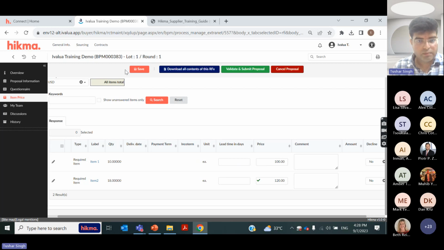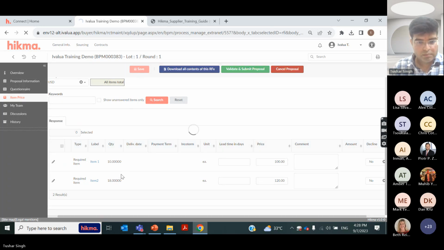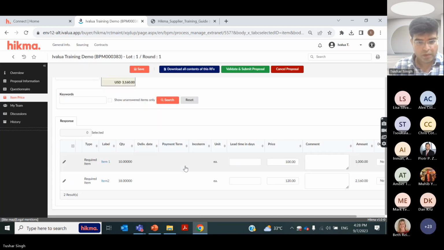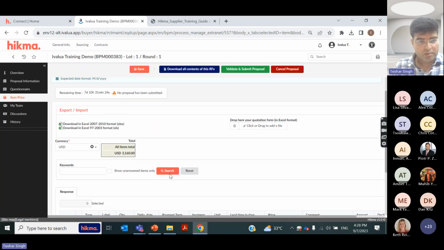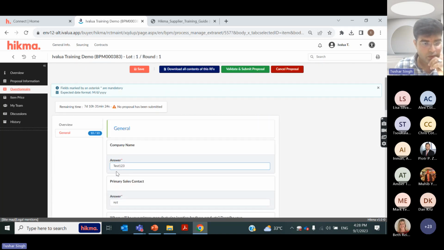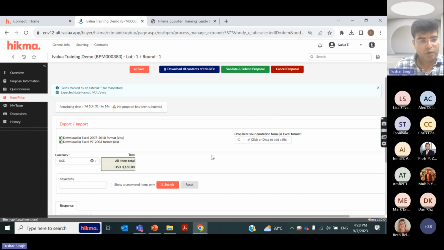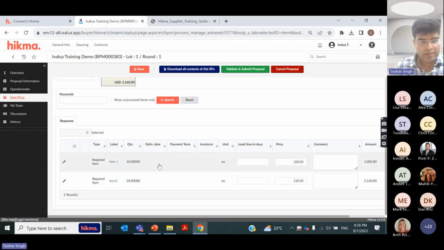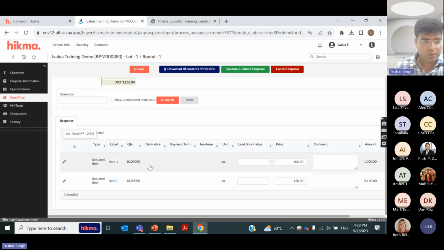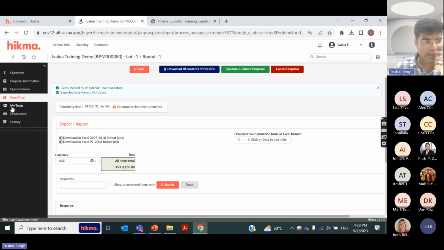Let's see. Okay. So now what you have done is you have responded to the questionnaire of the sourcing event. You have also given the price, and it is showing you the total as well. And this is the currency. So all the amounts are in US dollars. Okay. Next is,